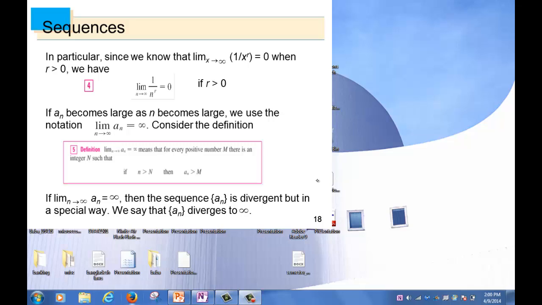What's the limit as x goes to infinity of 1 over x? What's the limit as x goes to infinity of 1 over x to the 3/2? These are all 0, right? Everybody's okay with that? Whenever the limit of the denominator is infinity and the limit of the numerator is a fixed non-zero number, the limit of the ratio is